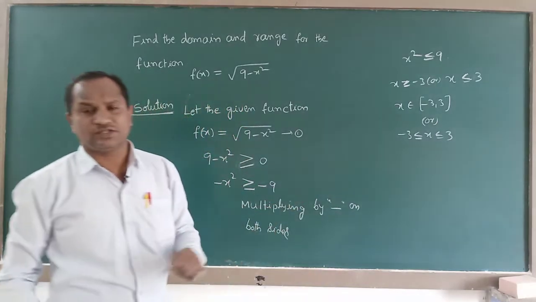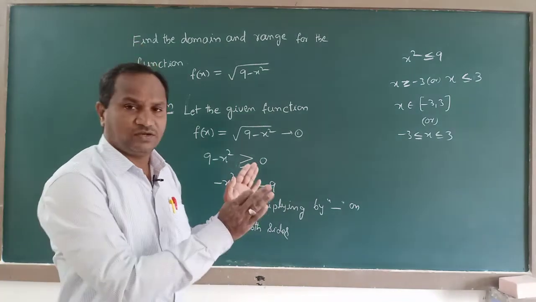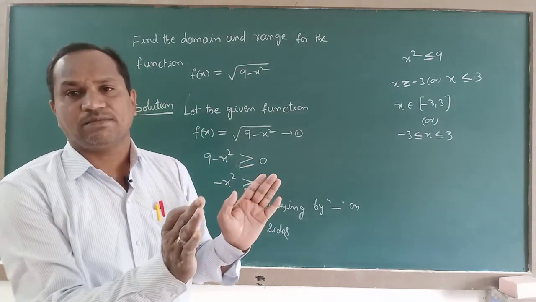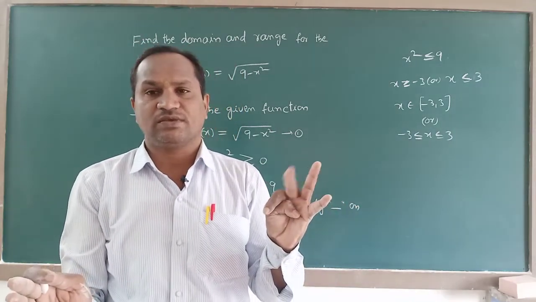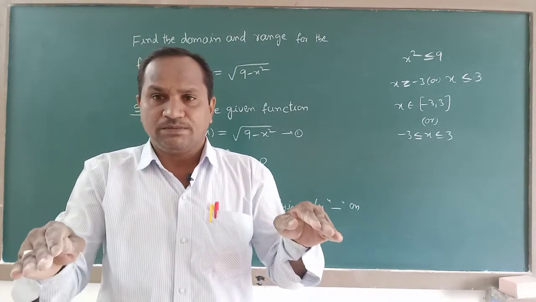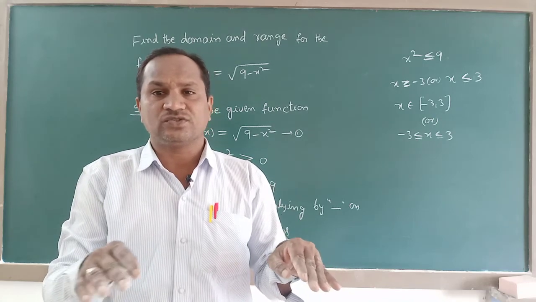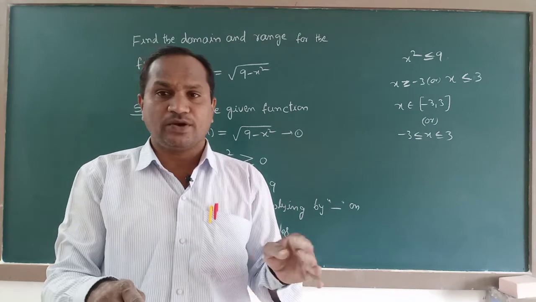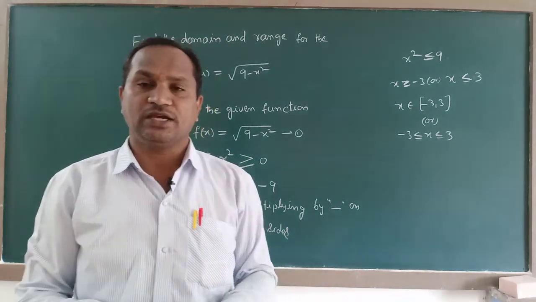With the help of that, now we are going to find the range. We found the values for x. What are the values for x here? Minus 3 to plus 3. Which values will come? Minus 3, minus 2, minus 1, 0, 1, 2, 3. At the same time, between those real numbers, some fractions will also come: 0.1, 0.2, 2.1, 2.2, minus 2.3, minus 2.5, 1.5, all those numbers will come here.